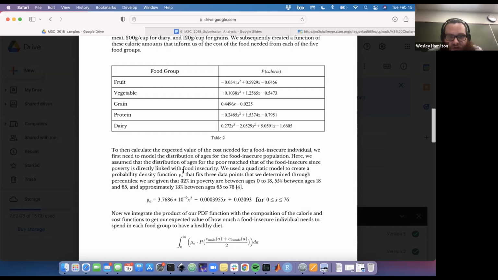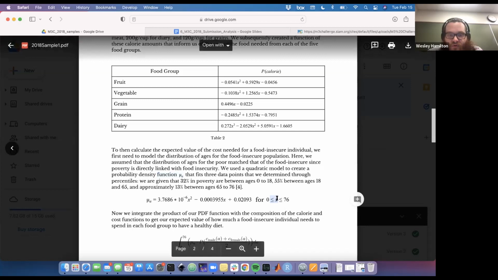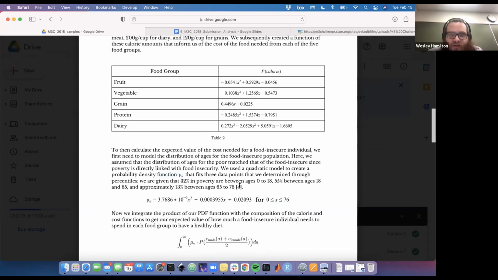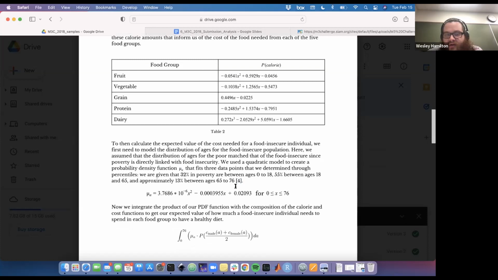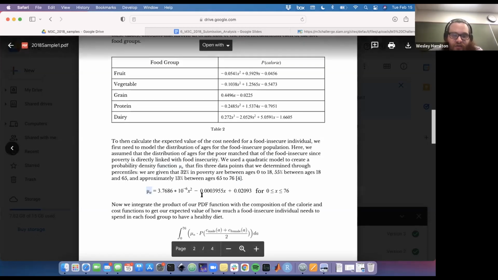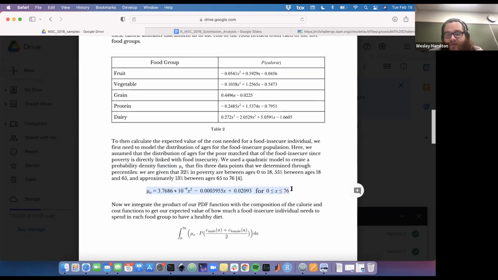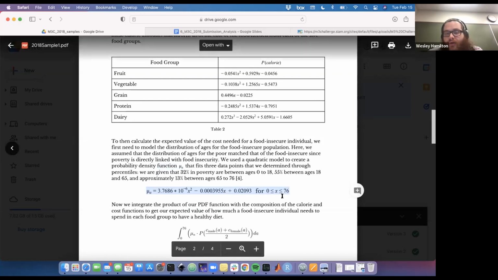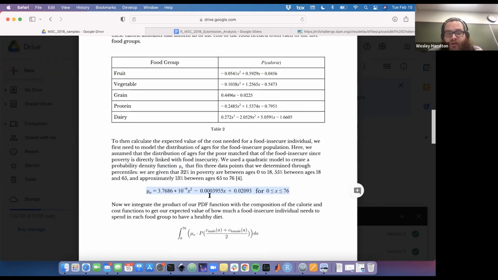So it looks like what they're doing is they're saying this function mu sub a is going to tell you roughly the proportion of the population in poverty as a function of presumably age. Okay, and so sure, they have a reference for that. Something already jumps out to me: they tried to fit this quadratic polynomial to their data. But if you look at the coefficients, right, so this coefficient,